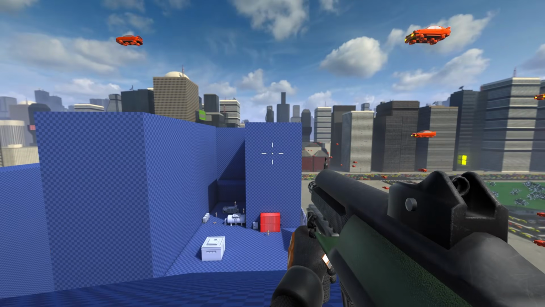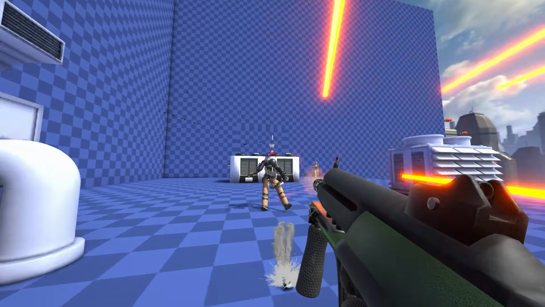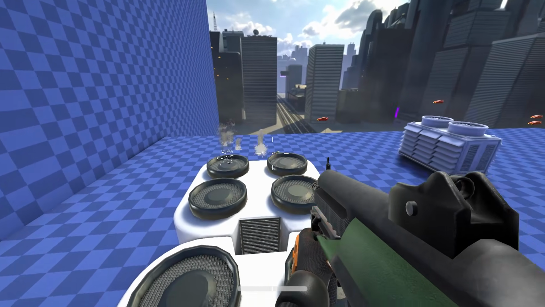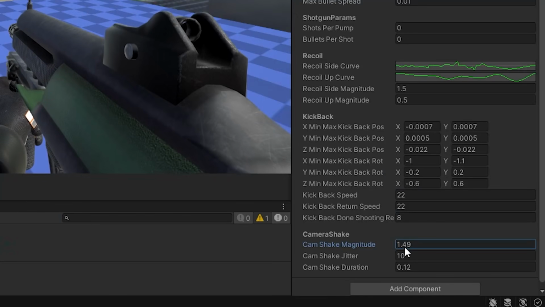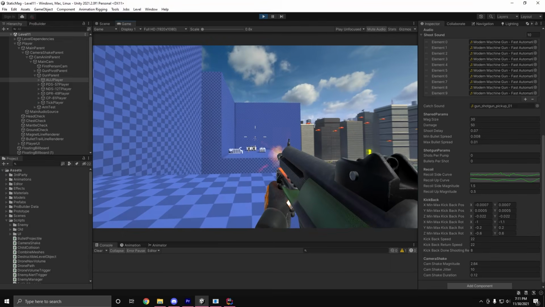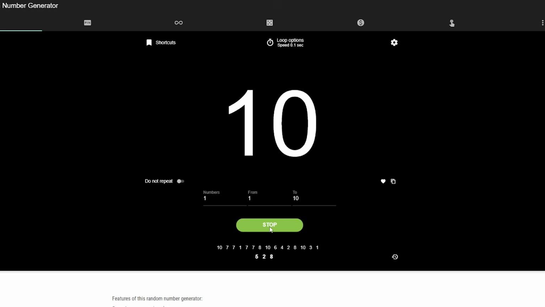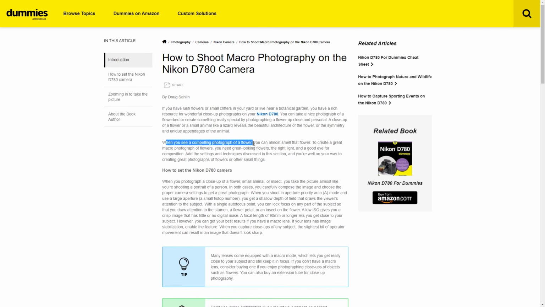But the shooting still lacked impact, and that was because there wasn't enough camera shake. Now the game 5 months ago had camera shake, but I must have been drunk when I made it because this is what it looked like. It was just too chaotic and would give me a mild headache. And the reason it was all jerky was because I was just generating random numbers to rotate the camera, which isn't ideal. But after doing a bit of research on the subject, I found that a lot of people sample